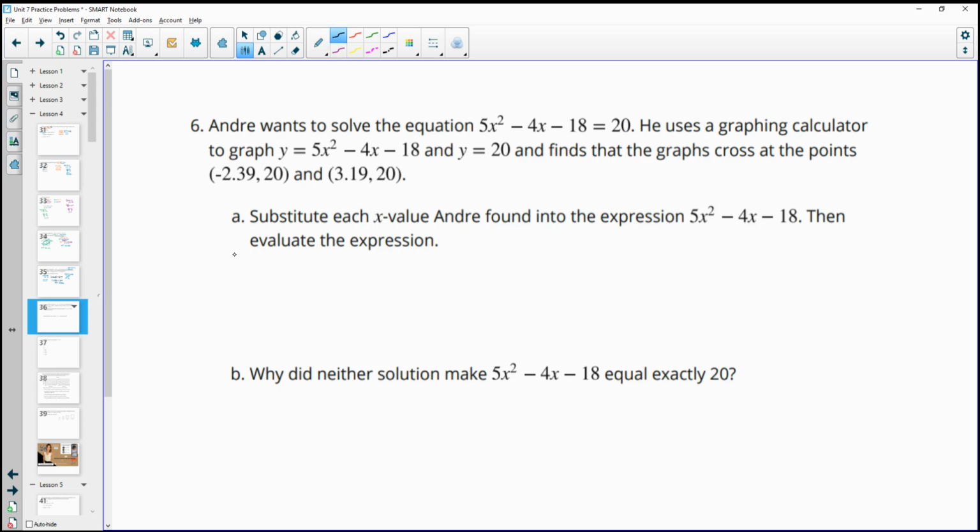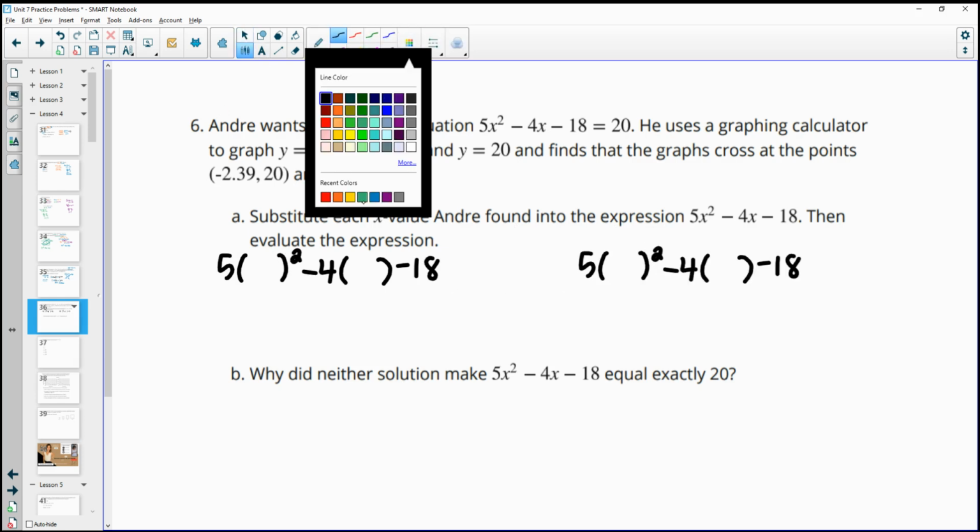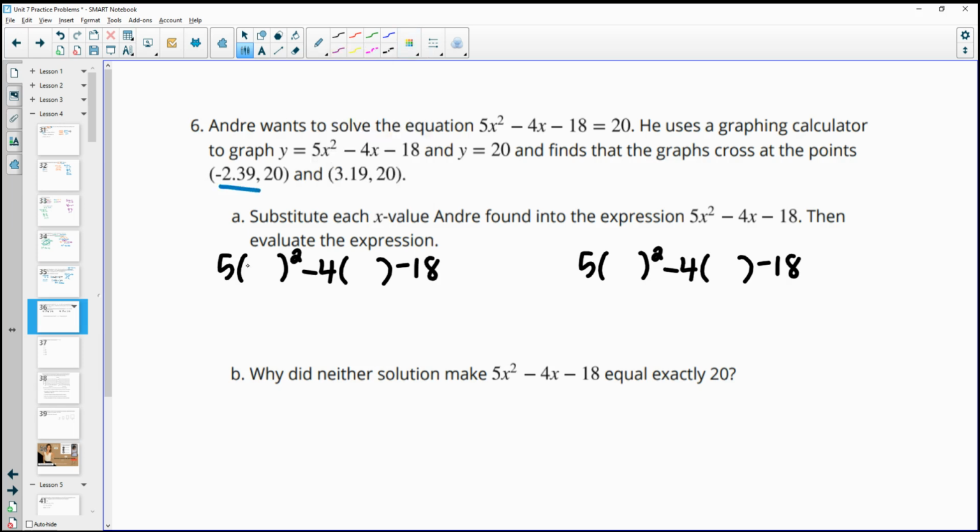So if we, let me put this expression here, 5x squared minus 4x minus 18, and I'm just going to write this down twice so that we can plug in 2 different times and evaluate. So we are plugging in negative 2.39 for this one. And if we do that, we get 5 times 5.7121 for this first part, which gives us